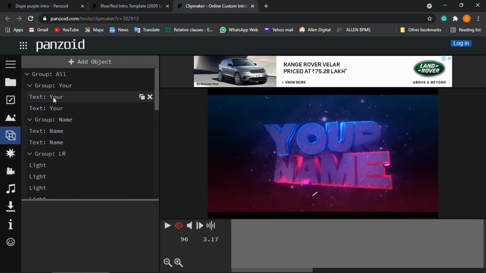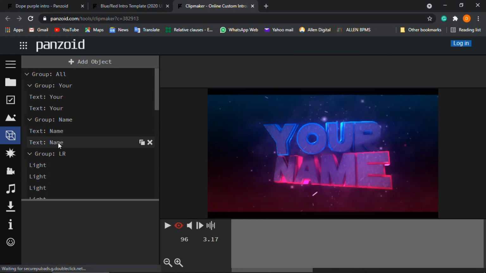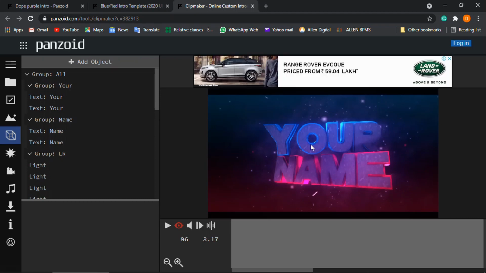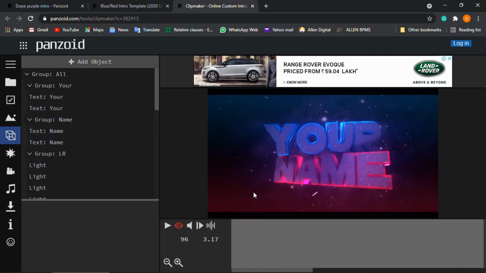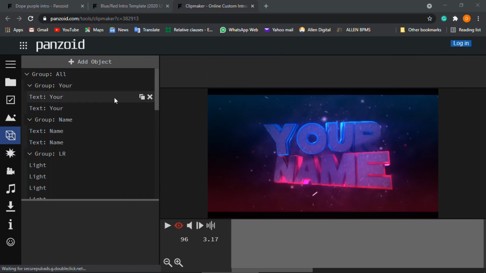As you can see, "your" is the thing which is given above and "name" is the thing which is given at the bottom. So it is in the same format here, but we need to give two things, because as you can see, in the front there is a hard cement-like structure, and in the back there is a 3D structure. So we need to give the name to both of them to make it our own. So let's change the text.